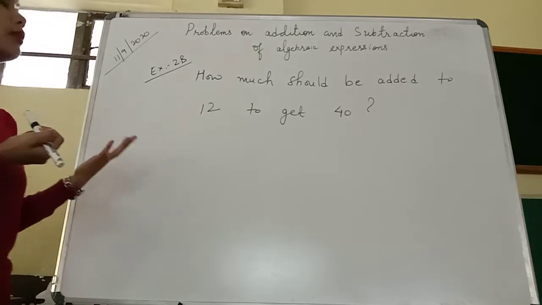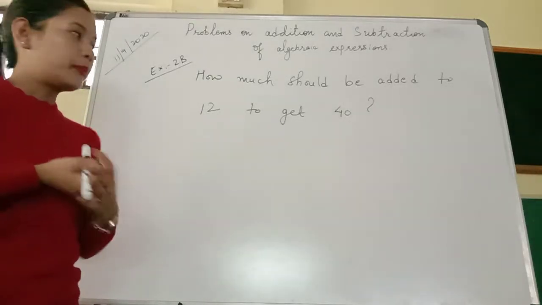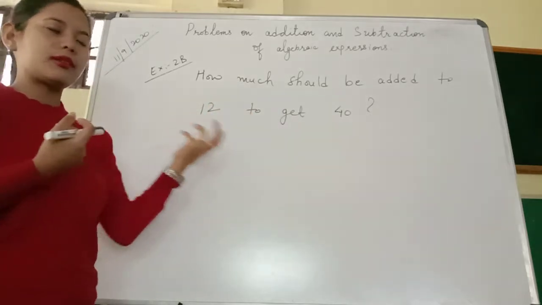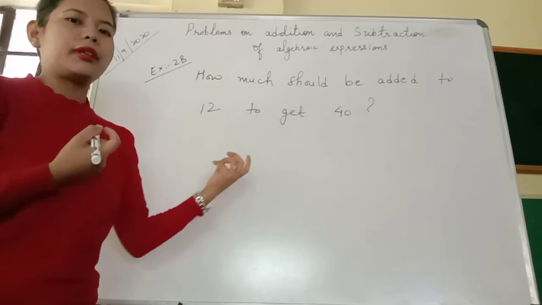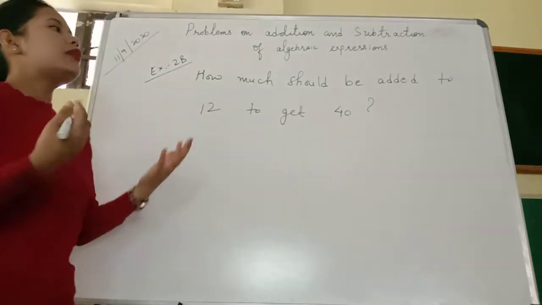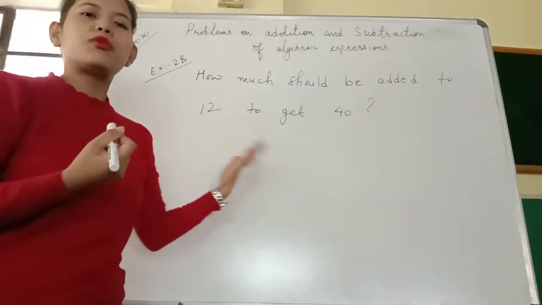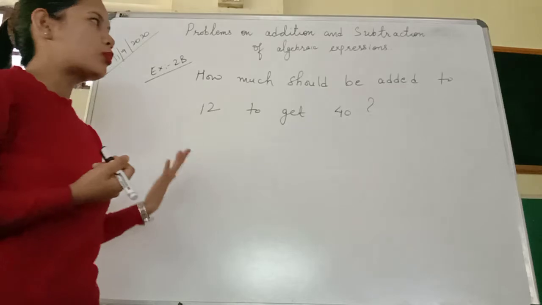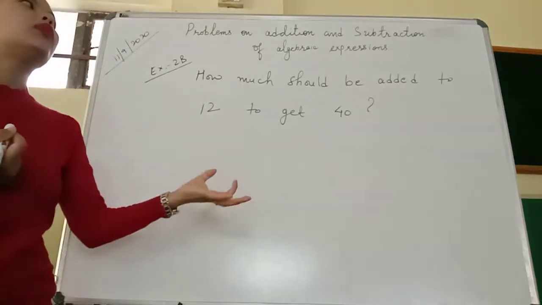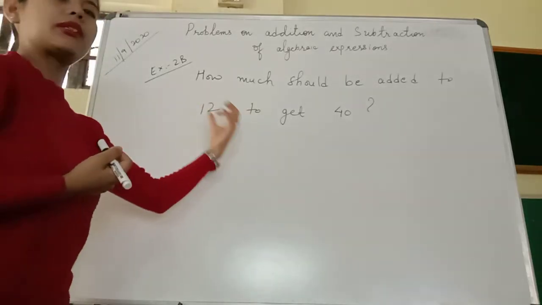To do this we will assume that number to be x, because, children, if you look at this question directly you can figure out the number. It is a small number, that's why we can figure it out easily without doing any steps. But if we deal with a larger number it will become a little difficult to figure out what should be added. So in those cases we will assume it to be x. We will assume the number which should be added to be x. Let us follow the same process with this small number.